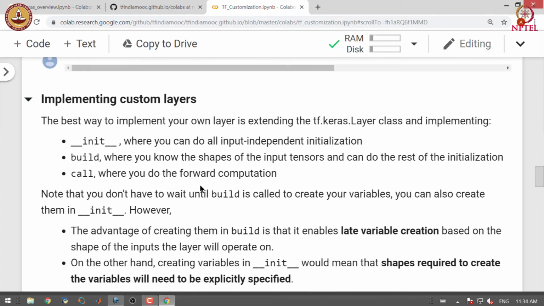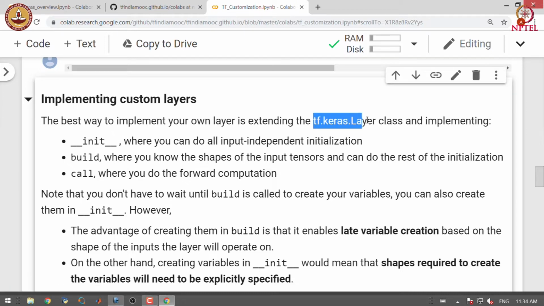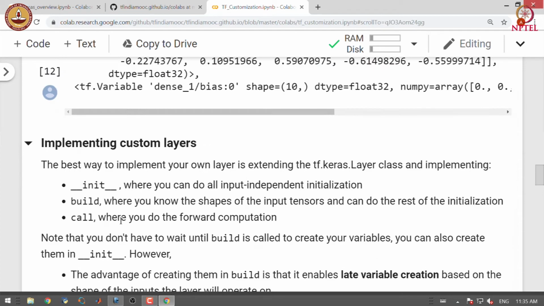We can also implement our custom layer. In order to implement a custom layer, we extend the tf.keras.layers.Layer class and we implement the constructor, a build method, and a call function. The call function does the forward computations.